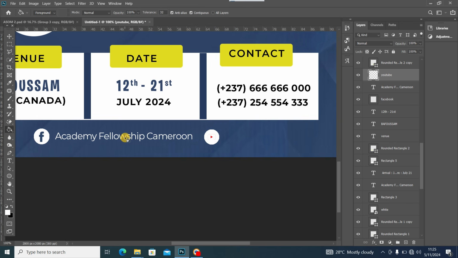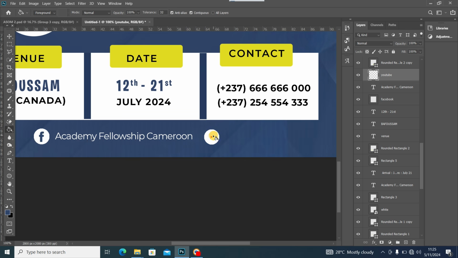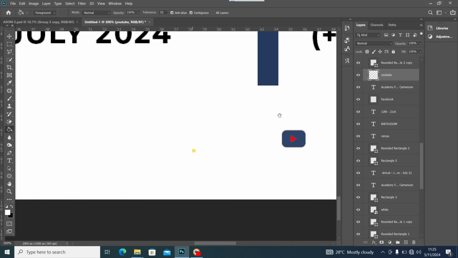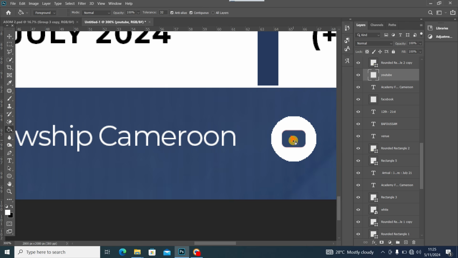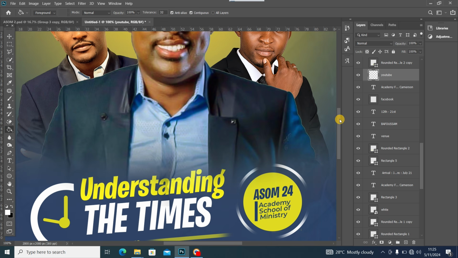Just fill this with white like that, and I'll pick the blue from the background and fill this layer with, oops, instead of doing that, I will first of all fill this with blue, then turn this to white, then the red part within this, oops, undo, within this red part I'll now fill it with white like that, and then bring this down,